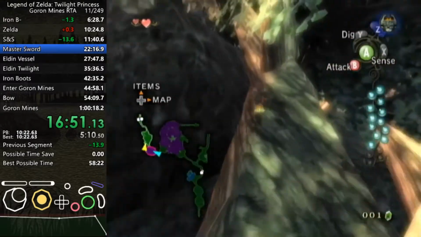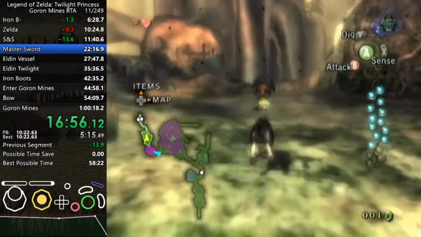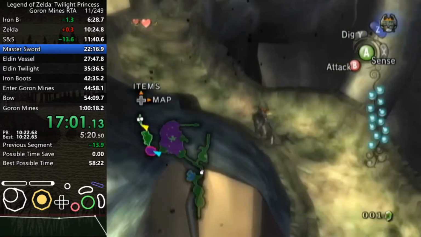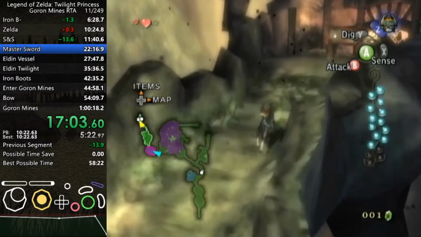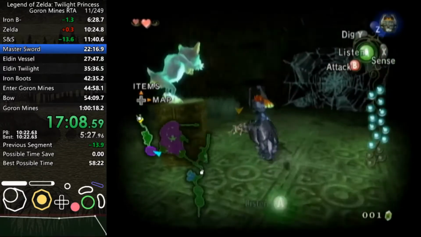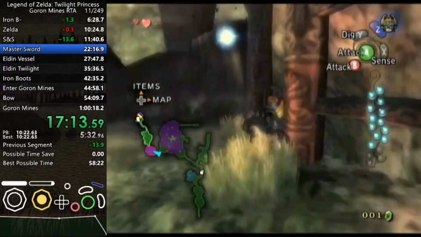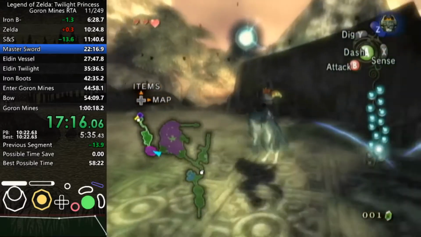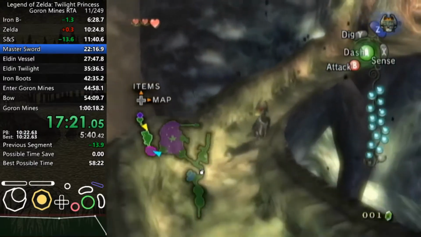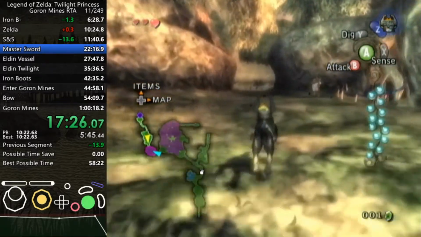I get a bonk there, which is whatever. I just need to head up and get these two bugs up here, and then head back to do the actual early Master Sword where I go to the Grove. Those bugs were in a really good spot when I killed them, because sometimes they're just like both really close to the walls